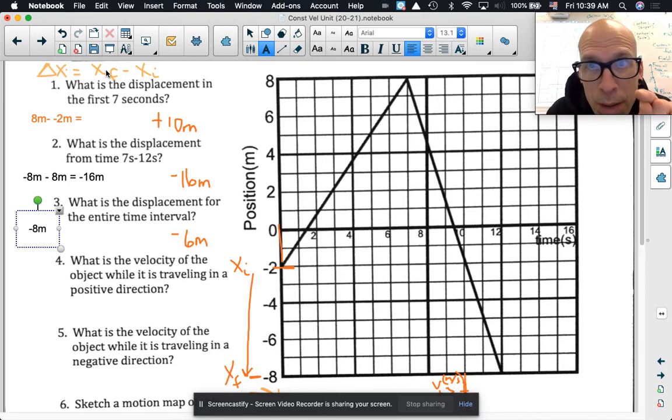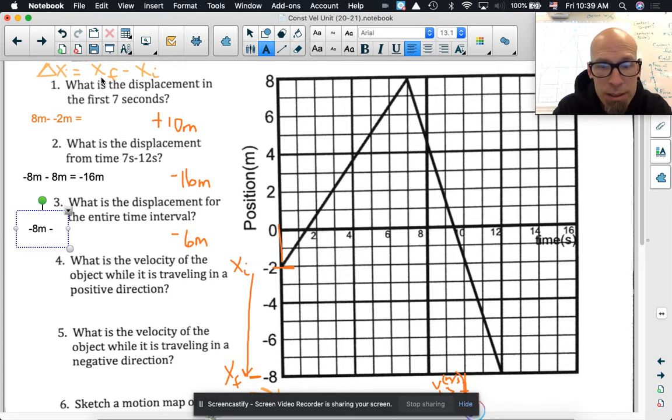See, this is where you can make a mistake. I almost did myself. Final, where you end, we ended at -8. Minus a -2 meters. What is -8 minus a -2? Well, that's plus a positive, right? That's plus a positive, which is what?